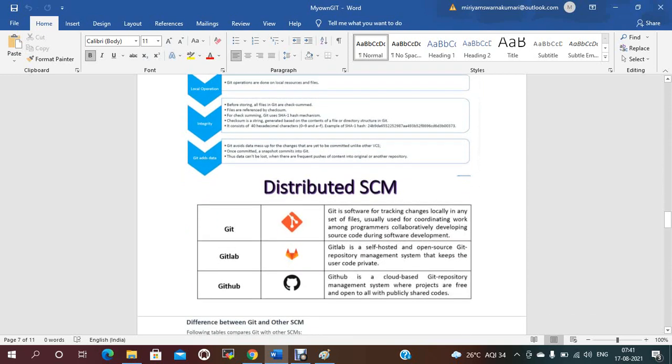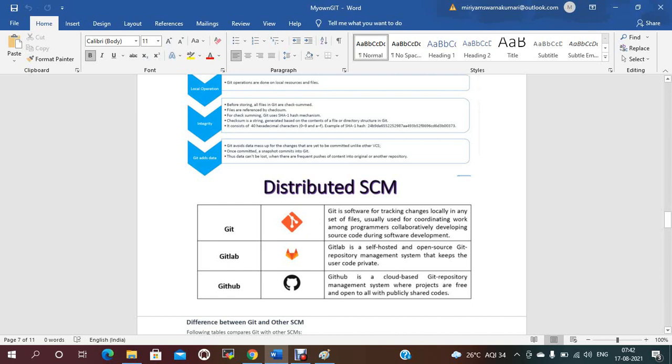Now, distributed SCMs: we will mostly see Git, GitHub, GitLab and Bitbucket. Git is software for tracking changes locally in any set of files, usually used to coordinate work among programmers collaboratively developing source code during software development. You need to remember Git should be installed on your machine, so those are local changes.